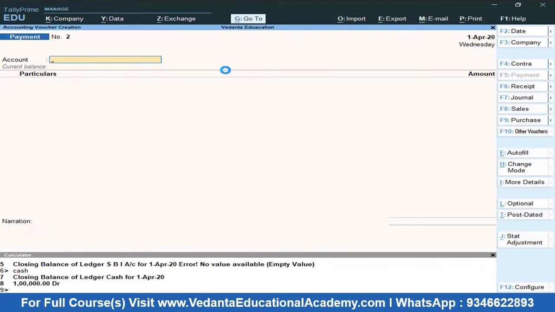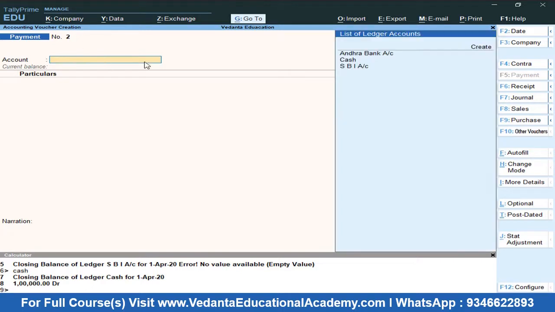Again, once again I repeat, in the payment voucher, in the place of account, we need to select the form of payment, how we are paying. Are we paying in the form of bank or in the form of cash? If you are making any expenditure, any payment towards anything, you need to confirm the form of payment first, whether you are making a payment from Andhra Bank